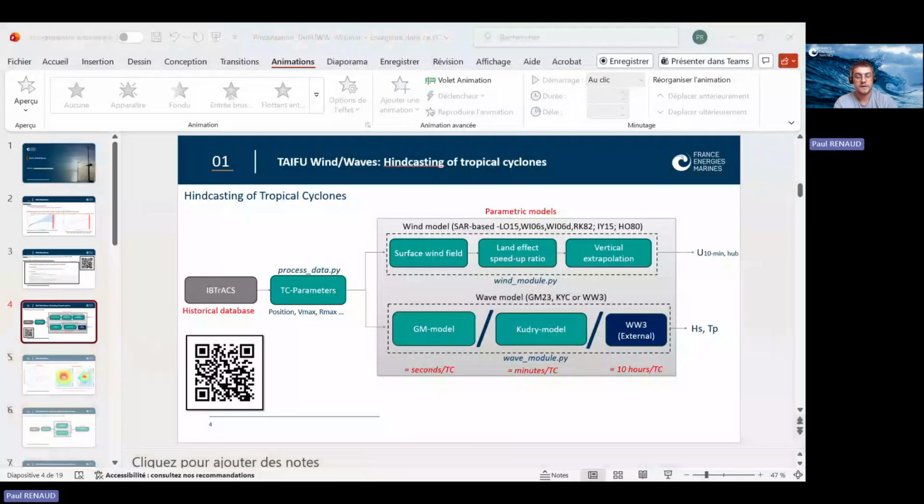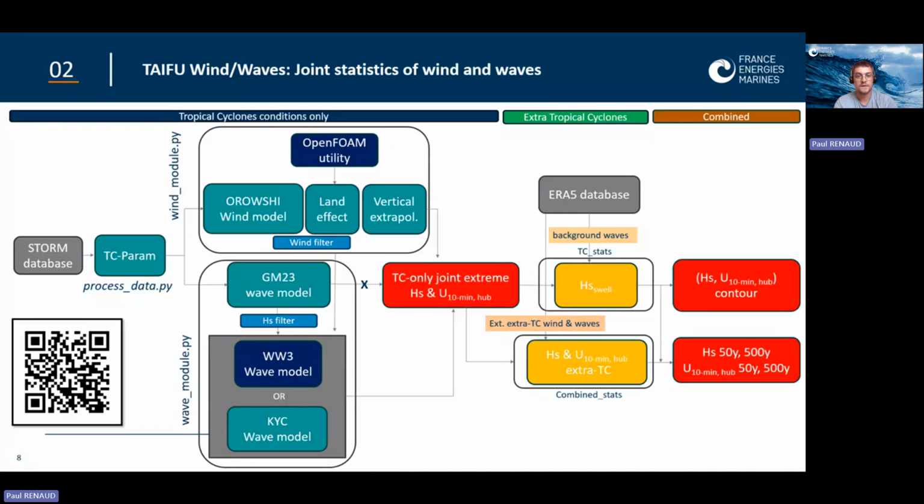Okay, so the second functionality is the derivation of extreme wind and wave statistics. We rely on the STORM database, which provides 10,000 years of complete trajectories of tropical cyclones for every oceanic basin. So we first need to extract the data and convert them. And then at each time step, we can also compute the wind and the wave with the parametric models to, at the end, obtain simultaneously wind information and wave information,